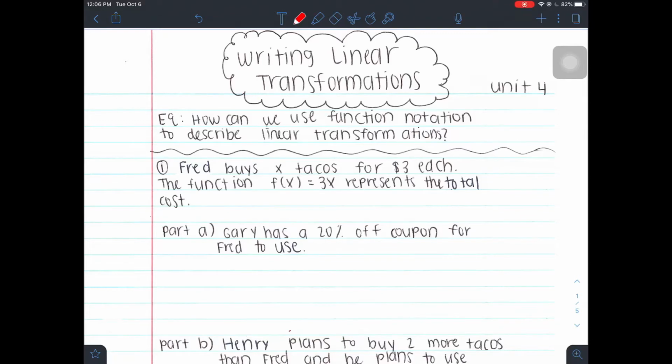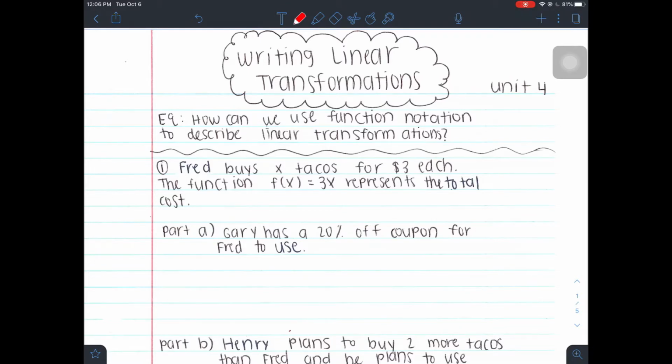Hey guys, welcome to the notes for writing linear transformations. The second part of the video is going to be in a separate video, just because the two pages are kind of different. One is identifying and the other is more processing things. So we are in Unit 4 and our essential question is how can we use function notation